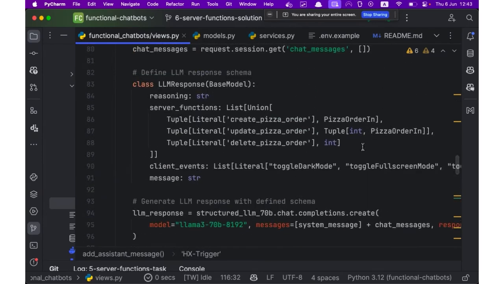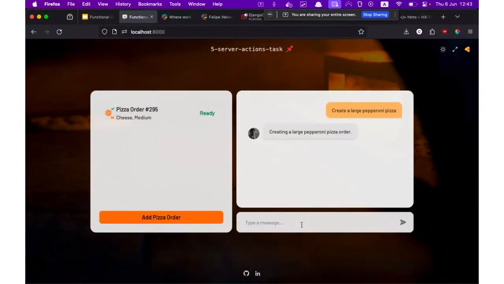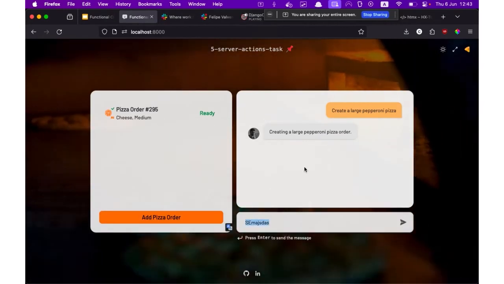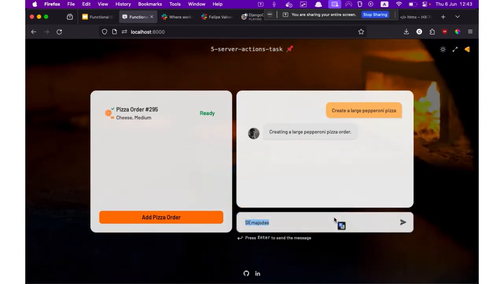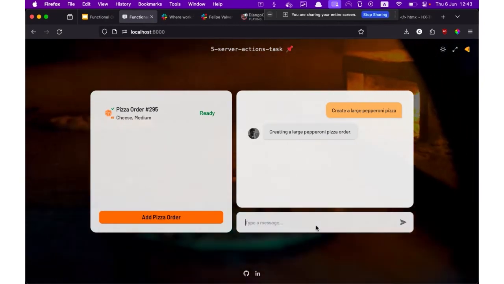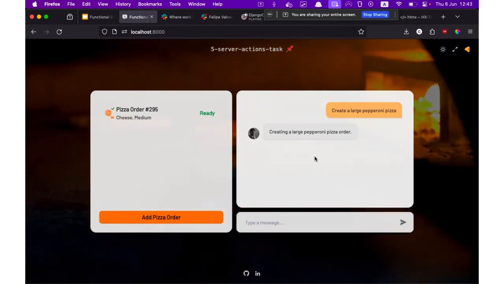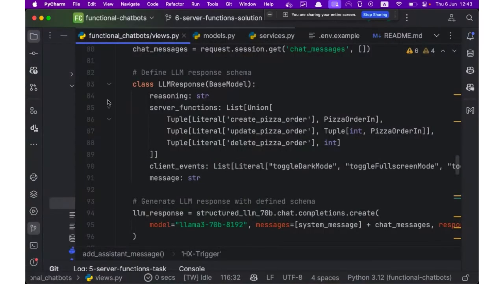I don't know if I get the time to explain this, but I've also used a slightly different pattern of HTMX for the pizza orders. So here in the chat, when you send a message, it adds the message, it creates the chat message HTML and adds it to this existing container. But there's also another approach where you have an extra view. So this chat container would include an HX. Actually, let me see. I think I have a